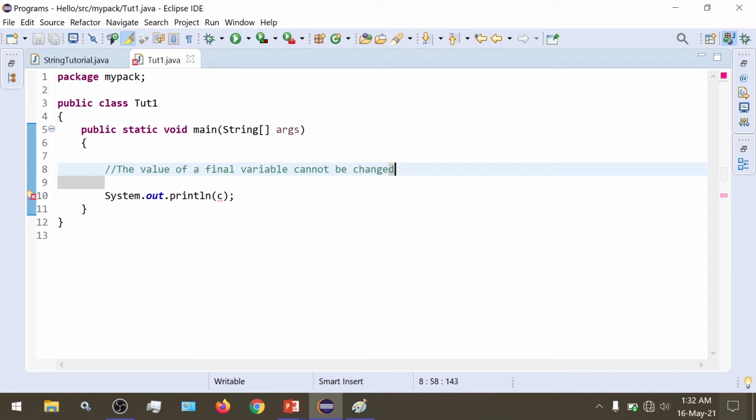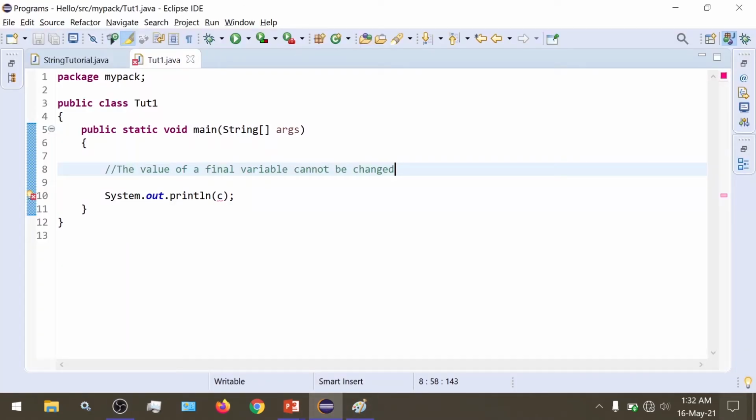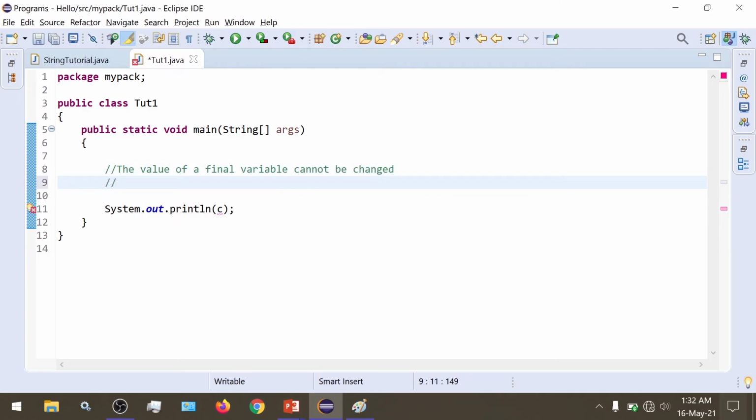So the value of a final variable cannot be changed, and a final variable is declared using the keyword final.